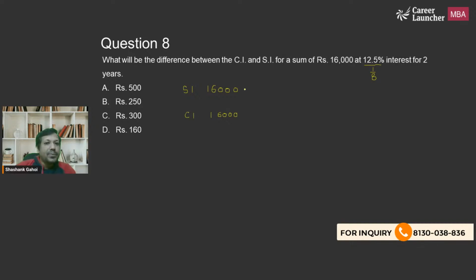Simple interest, you always get the same interest again. So 16,000 is carried, I'm not going to use any formula, plus interest is 1/8 of the principal. So 1/8 of the principal is 2,000. In compound interest, after 1 year, the interest is going to remain the same as simple interest. अगले साल में क्या होगा? Simple interest is going to stay the same. सिंपल इंटरेस्ट कभी चेंज नहीं होता, सिंपल इंटरेस्ट हमेशा ही सेम होता है, because interest हमेशा इनिशियल प्रिंसिपल पे ही लगता है.